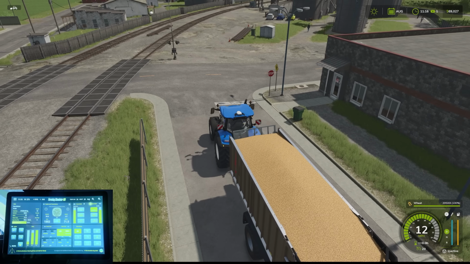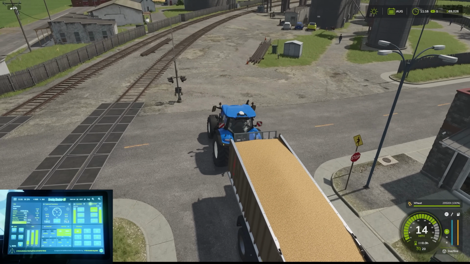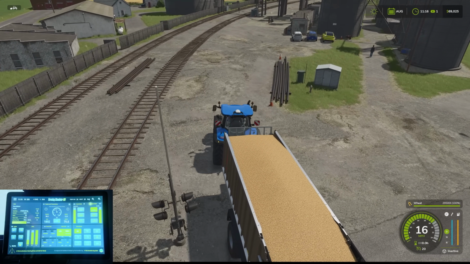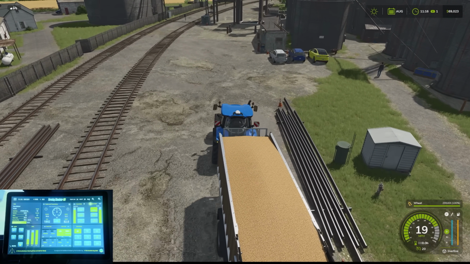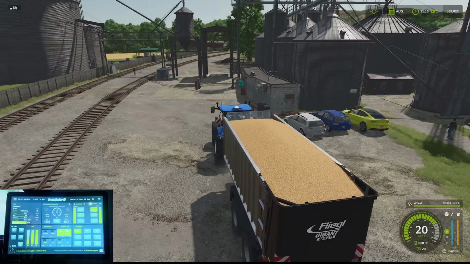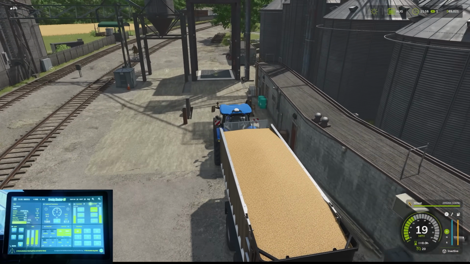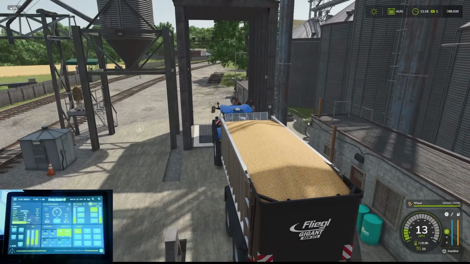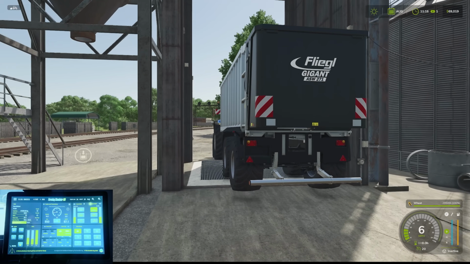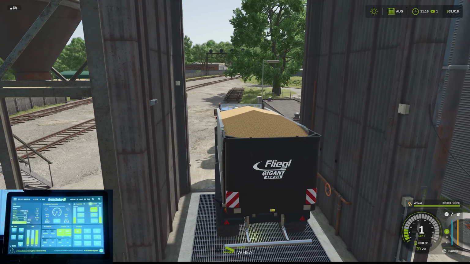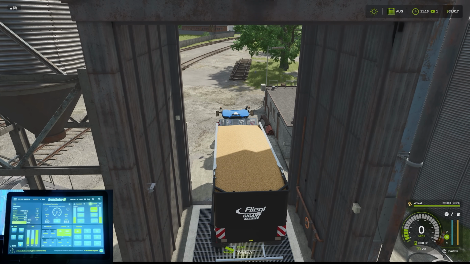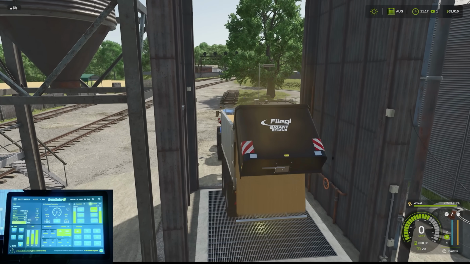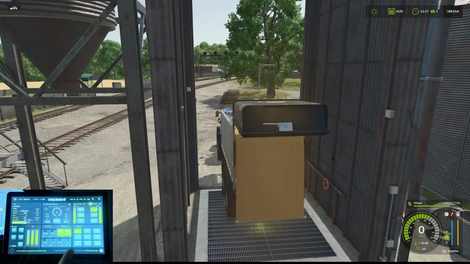So we'll get there. Let's roll over the road. I've just put my foot on the accelerator here to speed us up a little bit, to be honest. But we're going to roll underneath the sell point here, like so. There we go. We get our trigger, so dump wheat there. Instead of pressing I, we just press this button here, and there we go. We are tipping our wheat. Now I'm not going to tip the whole trailer out there,